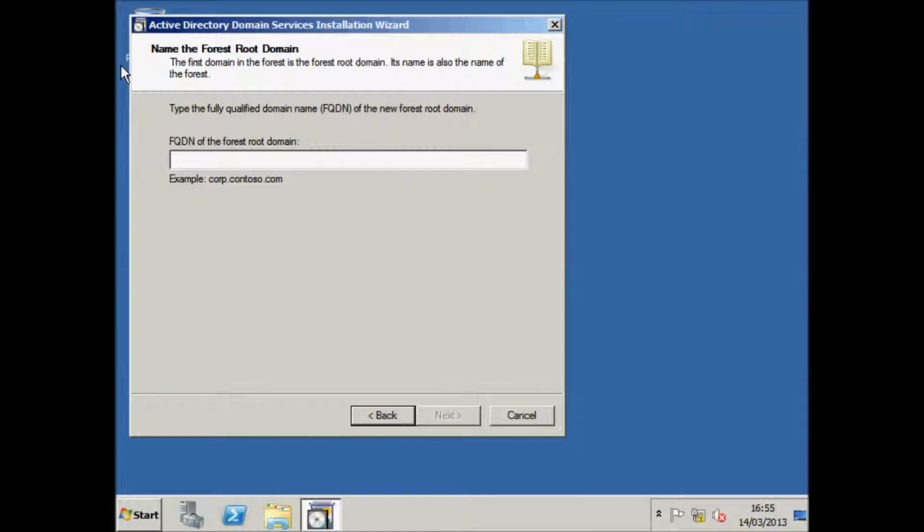I can't really think of anything. We'll say chocolate. I don't know why I had that on my mind. But say your company was called Chocolate Shops.local. You could call it chocolateshops.local. It could be chocolateshops.com, but I usually stick to .local, because remember, this domain will only be local within your